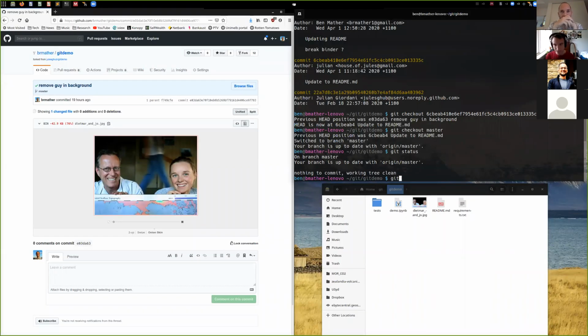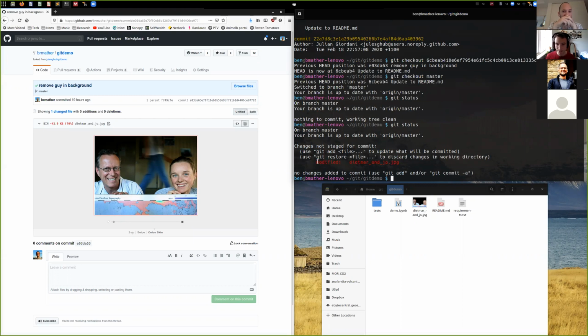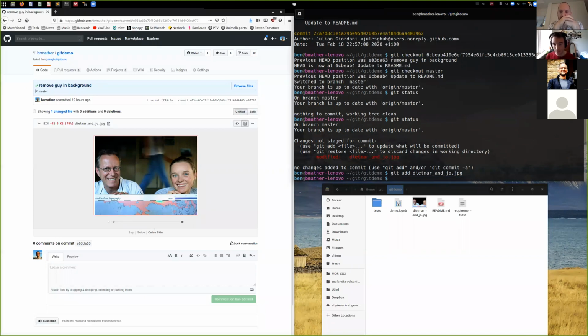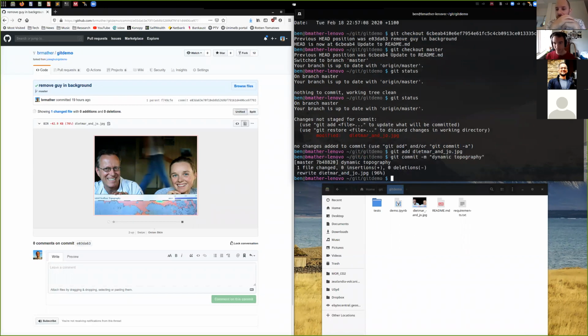So now if I go git status again, we can see that I've made a modification to that file. And now if I want to commit that change, I'll just go git add Dietmar and Joe, and then git commit, and I'm going to do -m so I can append a little message to that commit. I'm going to say dynamic topography. There we go. So it says that that file's been rewritten. Now that's just on my local repository. If I go git push origin master,